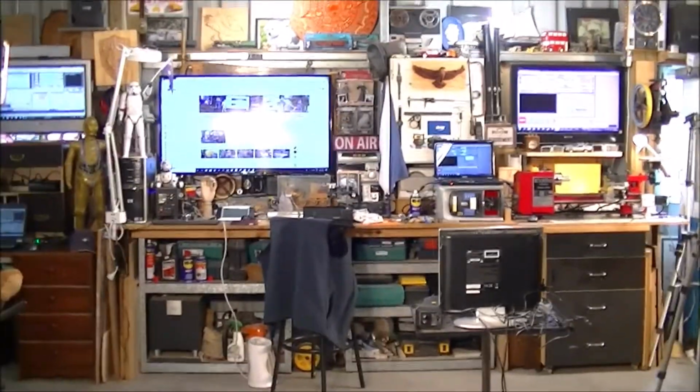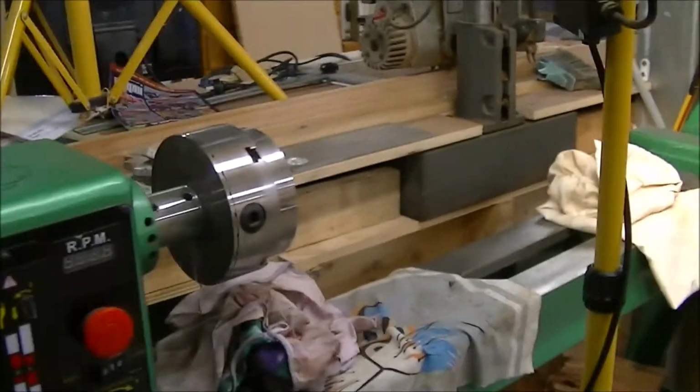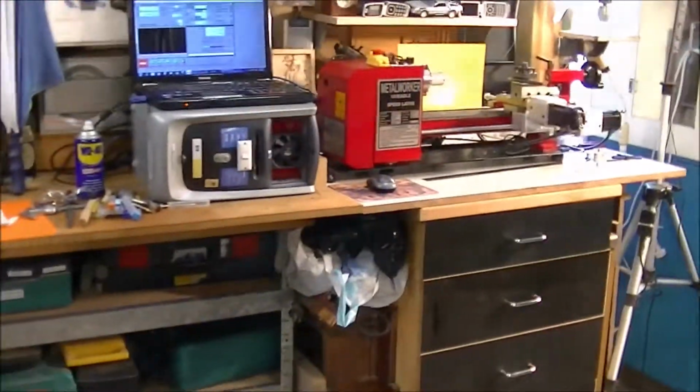I didn't really intend for a shop tour, but that's where it's turned into a little bit of one. And of course, this is just for you patrons. And here's my lathe. This weekend I will be getting into a little bit more lathe turning, for the patrons who are more interested in wood turning than CNC machines. So you patrons out there that like wood turning more than CNC machining or builds, this weekend I will be doing either a bowl or actually I'm going to